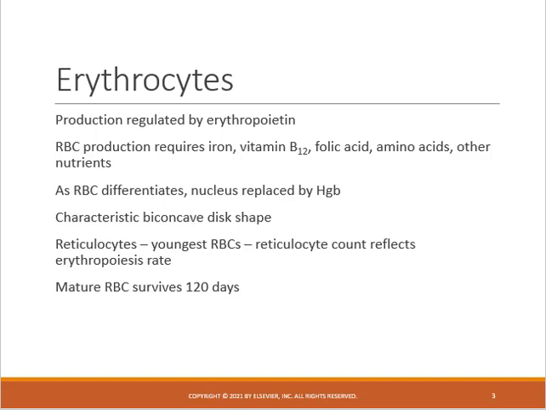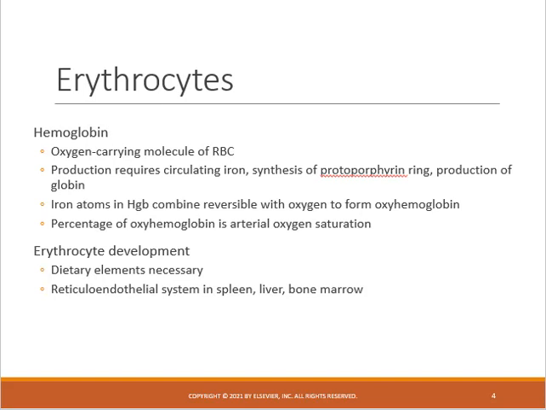A term that you may hear or see written on labs is reticulocytes, and those are the youngest red blood cells. A reticulocyte count indicates the erythropoiesis rate, and that is the turnover of new cells. For mature red cells, the life expectancy is anywhere from 90 to 120 days. We know that hemoglobin is the oxygen-carrying molecule of the RBC. To produce it, they require iron, and then the iron combines with the hemoglobin to make oxyhemoglobin, and that is the percentage of